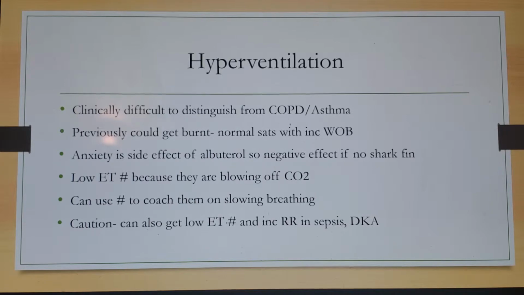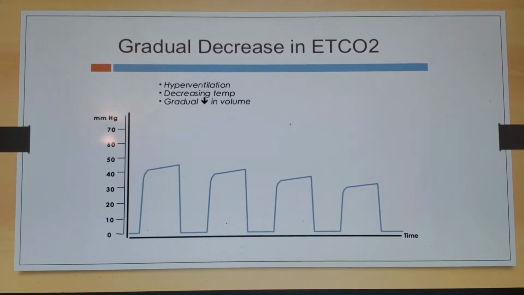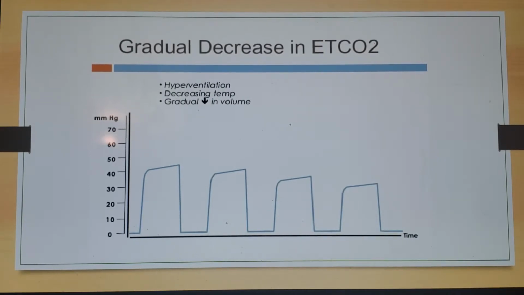So don't use this as a hard and fast rule, because you can also get a low end tidal number and an increased respiratory rate in sepsis and DKA and other acidotic conditions. So don't get burnt on this. And this is a waveform you see with hyperventilation: you've got a box-shaped waveform and gradually lower and lower end tidal CO2s. That can also be a sign of worsening acidosis, but when it's happening in real time, like in a picture like this, it's usually going to be from hyperventilation, where they're just breathing fast and lowering their end tidal